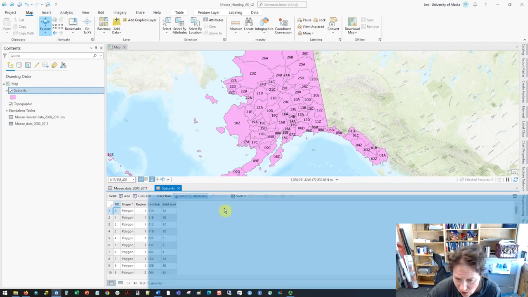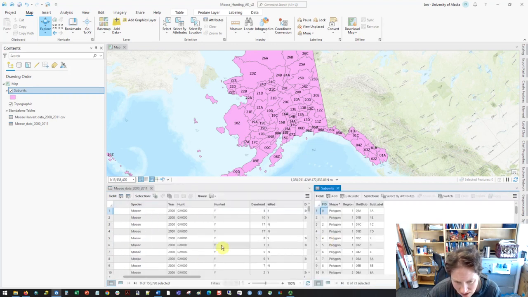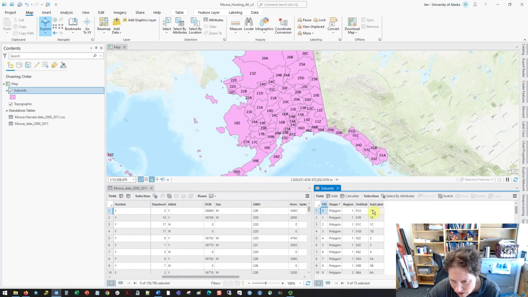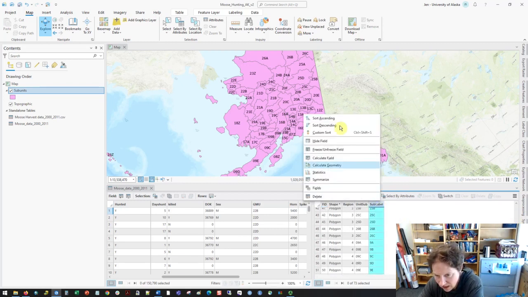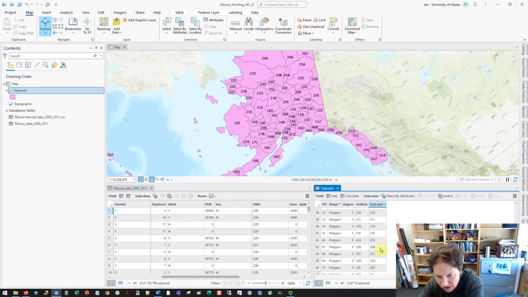So if I click and hold, I can bring this over here and snap it to there, and I can see that this GMU looks a lot like this column in here. These are going to be the columns that link these two databases, so very important. If I scroll down, let me just sort these. You can see we have 22B in here, we have 22D in here. So this is our linking fields, GMU and sub label. All right. So for now I'm going to close this